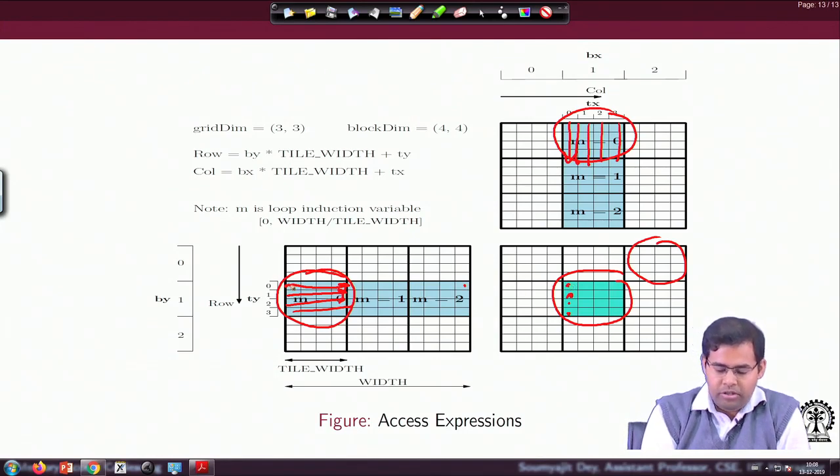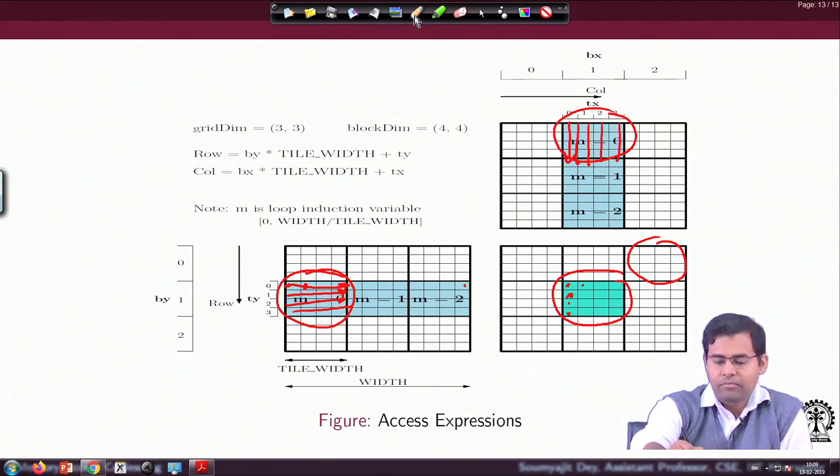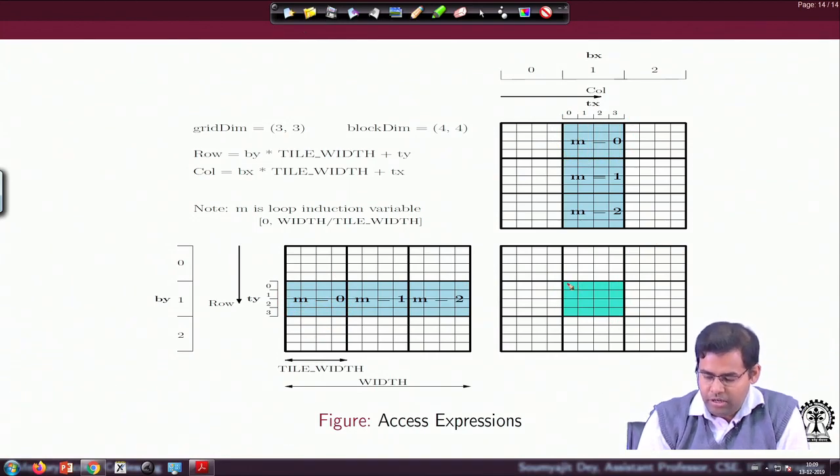This thread has brought in this data, whereas the next thread has brought in the next position of the data. But for doing the computation, this thread is using all those data, loading them when required from the shared memory, not from the global memory, and that means many global memory loads are getting changed to shared memory loads. As an example, I would just again revisit this.